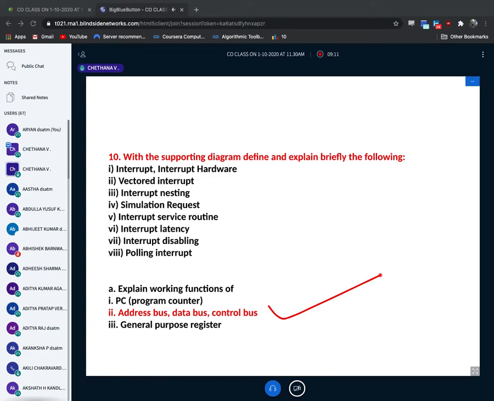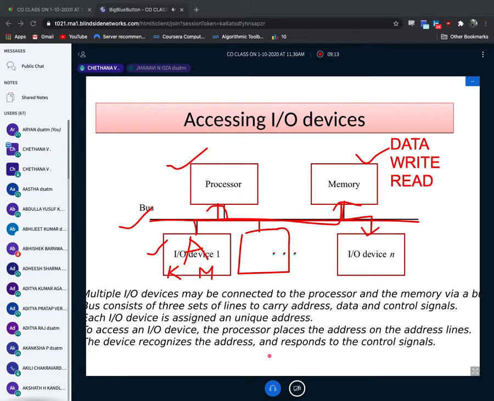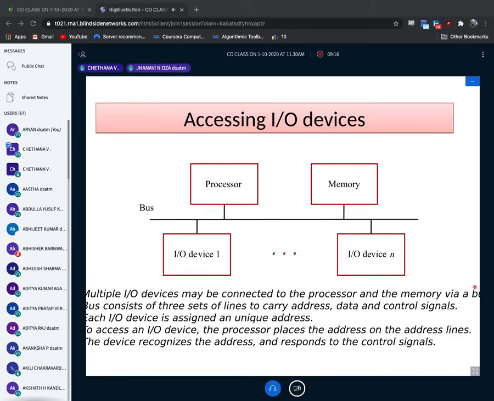Whenever I have devices like this, we have n number of devices. As per the diagram, we have input output device 1, maybe device 2, device 3, 4, 5, like that. N number of devices are there. I hope you are clear. Now I assume that in this processor I'm writing one small code, a very simple code. It's a very, very important program for you. I'll write it here.